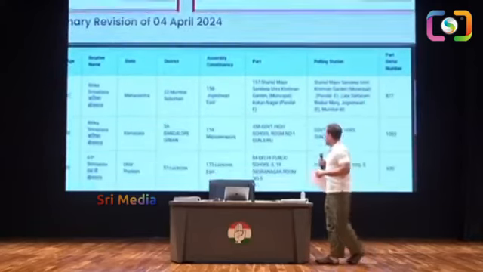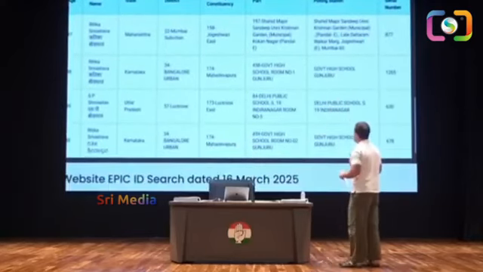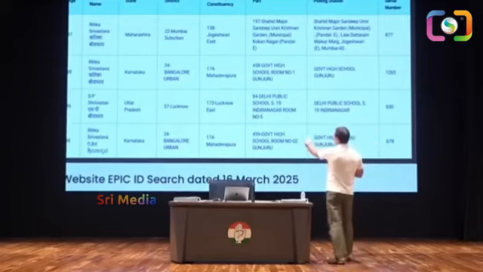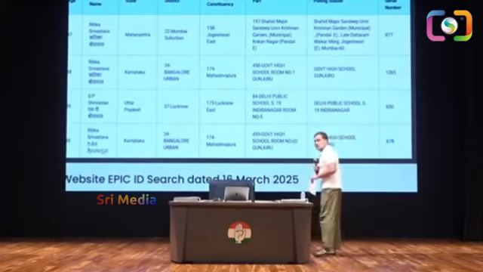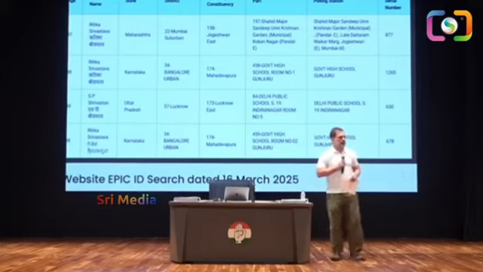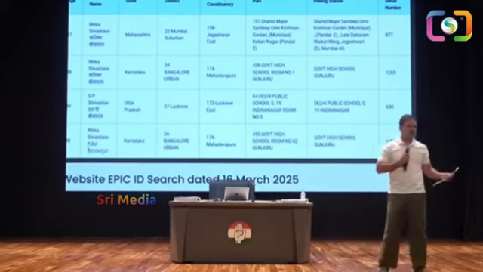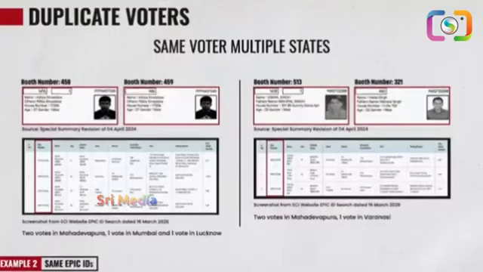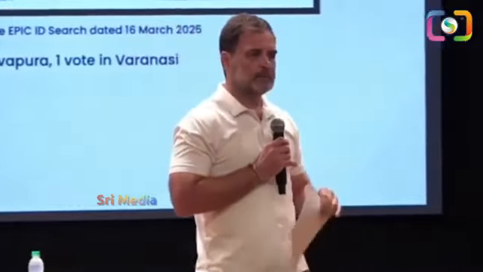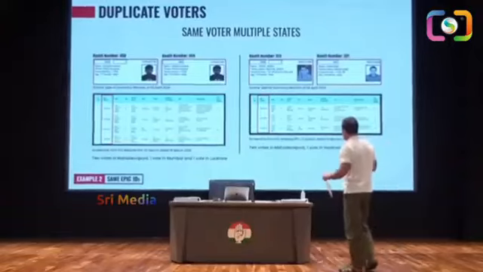Go down. And then this gentleman goes, Karnataka, Uttar Pradesh, Karnataka, and Maharashtra. So he's got his name on 4 lists, different states, different polling booths. And I remind you, this is not an individual. There are thousands and thousands of these people that we found. Duplicate voters was what, 11,000? So there are 11,000 people who are voting 3 times, 4 times, multiple times. Right? Okay, now let's go to,